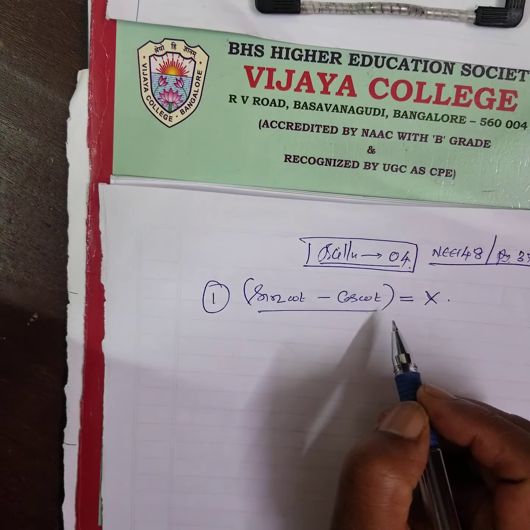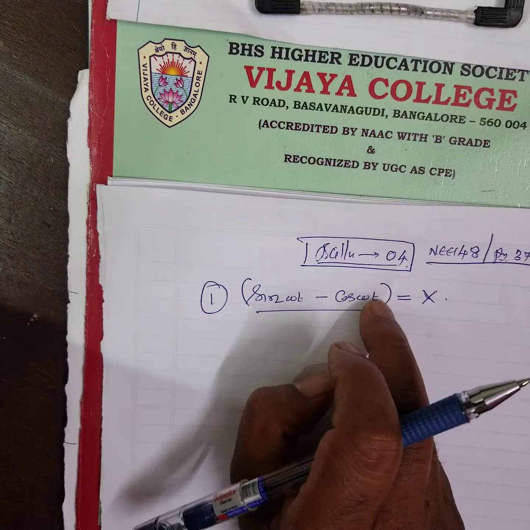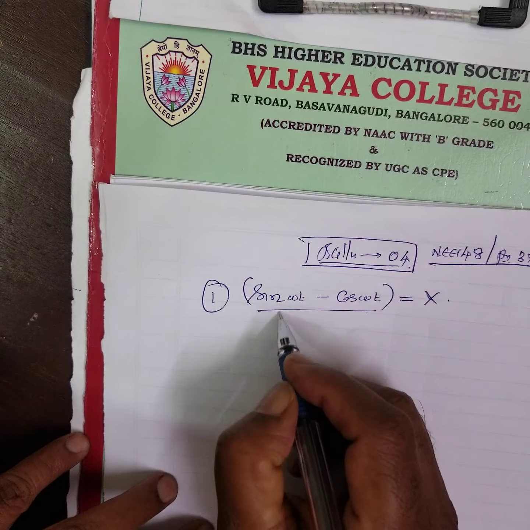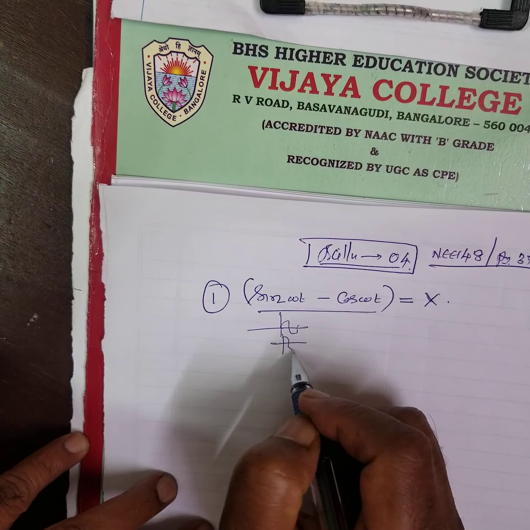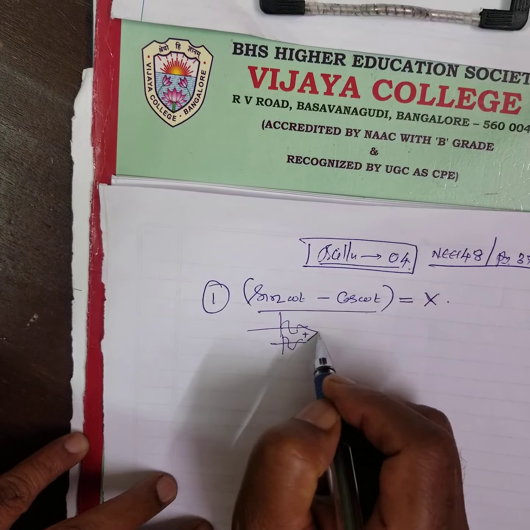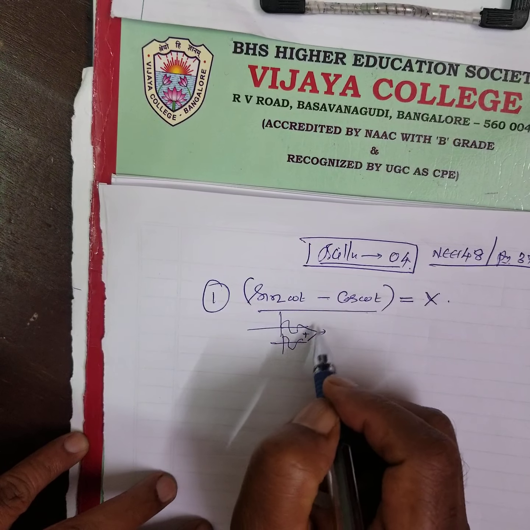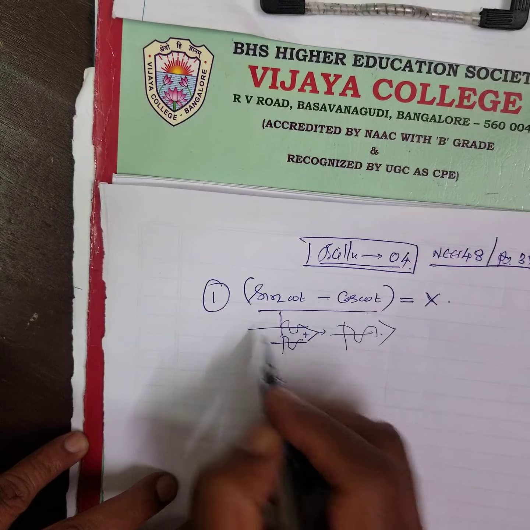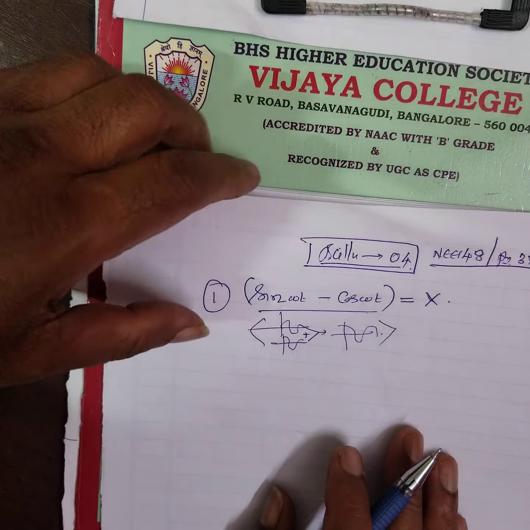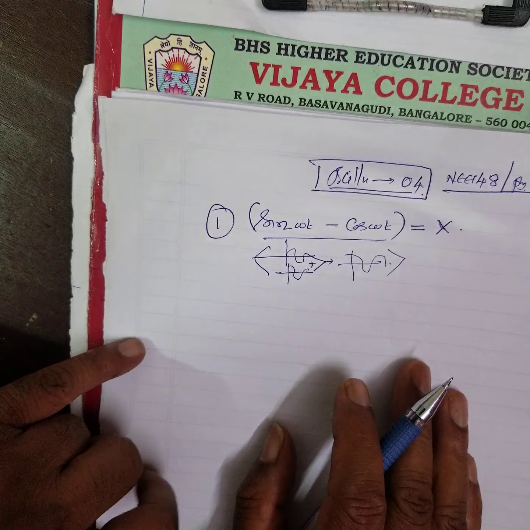Now, is it a simple harmonic motion? The sine wave is like this and the cos wave is like this. When you combine these two, this plus this minus this, you will get a new sine wave. Yes, you know that, but how to prove it mathematically, that is important. Therefore what I do is